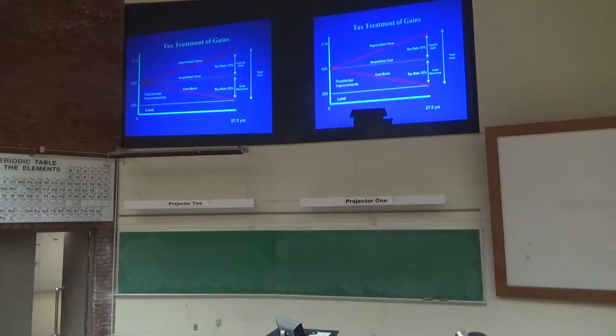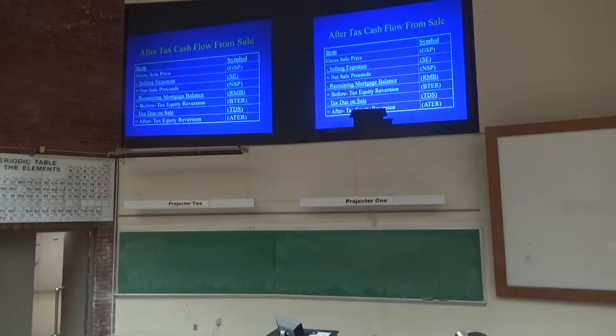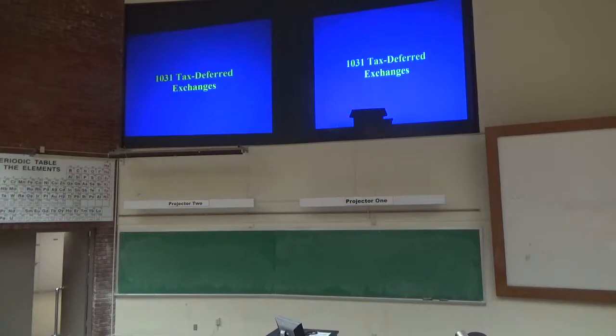So what do you do? You can't keep it. You can't sell it. You've already used all your depreciation. You can't keep it. You can't sell it. So you've got to do the 1031 exchange. Okay? What's that? Basically what you're going to do is roll the property over into another property of like kind at a higher basis. You're going to put up more down payment. You're going to take all that equity and roll it into another property.